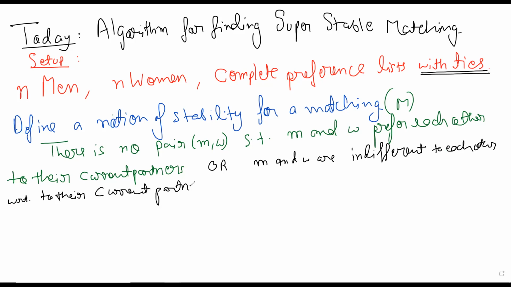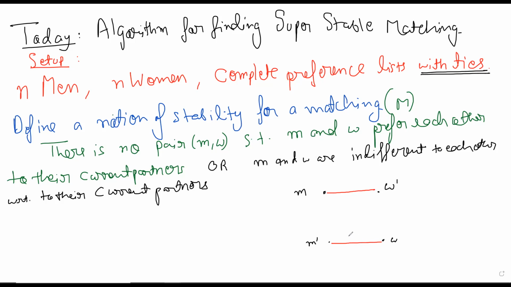Now, what does this mean? We'll have to add another condition. So let's say that this is M and this is W, and this is W prime, and this is M prime. Now, if in the matching M is matched with W prime, and M prime is matched with W,